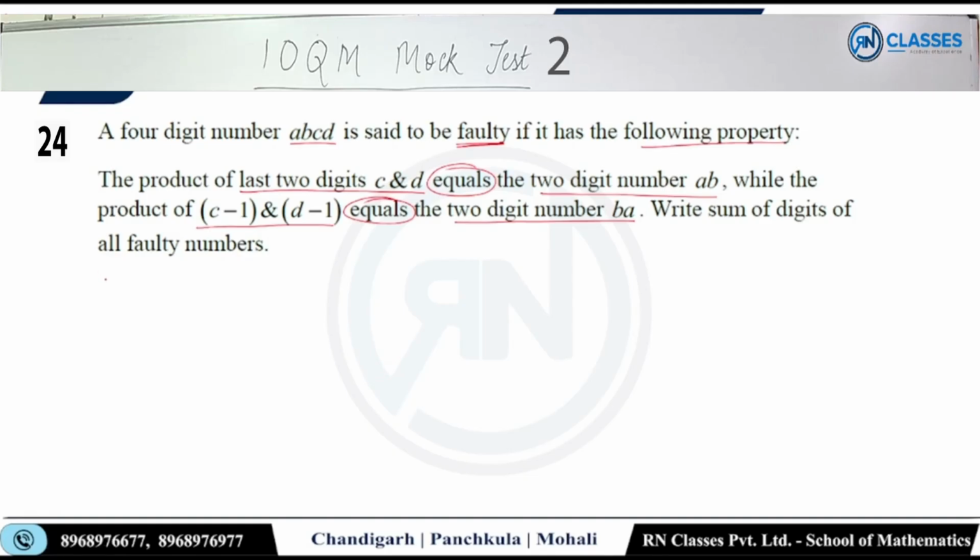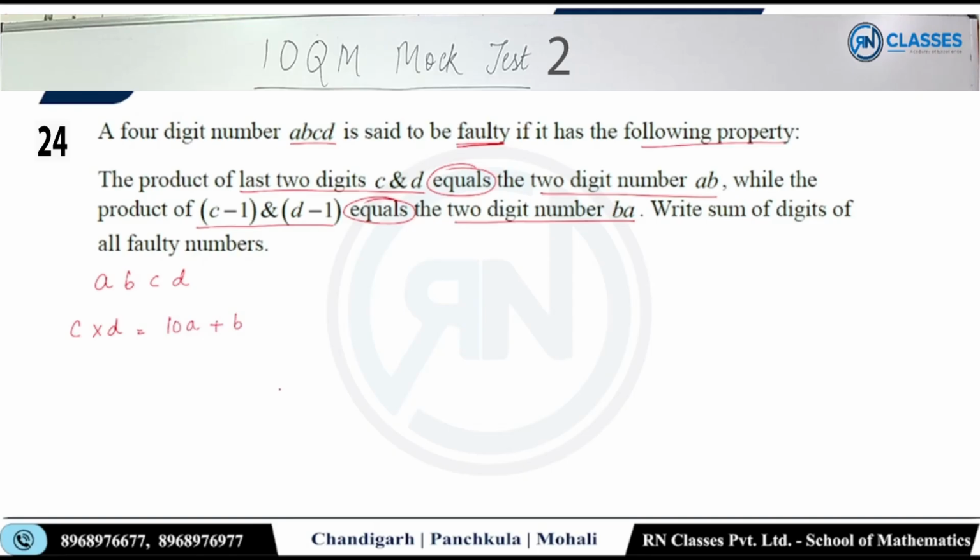मेरे पास 4-digit number है, A, B, C, D. ठीक है. Product of last two digits, C into D is equal to a two digit number AB. टू डिजिट नंबर AB की बात करिए उसने, राइट? टू डिजिट नंबर AB, सो 10A plus B,